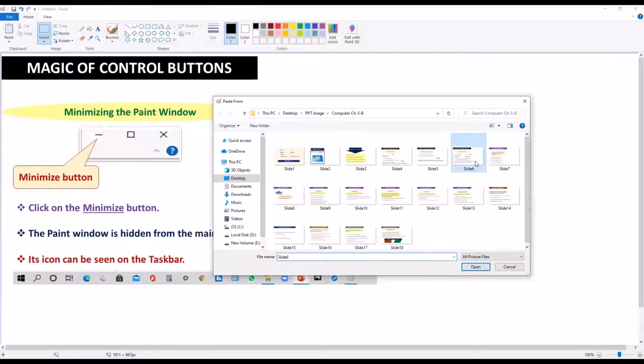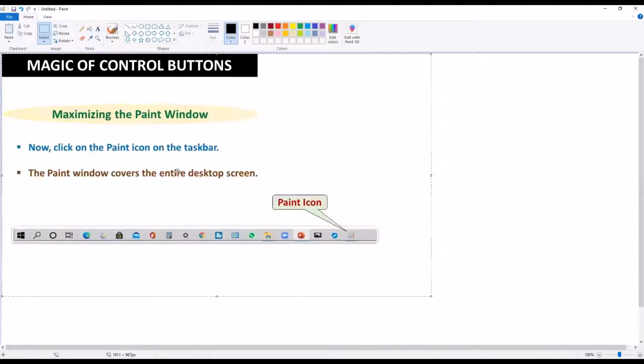Now we will study how we can maximize our paint window. First, we will click on the paint icon on the taskbar. Children, when we are not able to see the paint window, it means we have minimized it, so we will click on this paint icon on the taskbar.